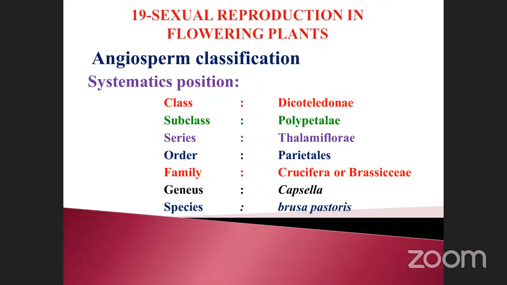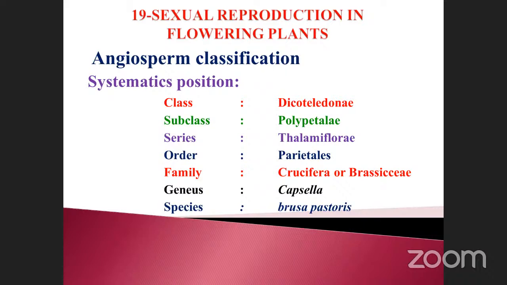Then you are going to study the hierarchical aspect of any one of the plants. You must know these systematic positions. Here we are going to discuss which plant: Capsella. This is called Capsella. Why are we taking this one? Capsella is one of the most important angiosperms, which contains all the characteristic features of the angiosperm. That's why it is called